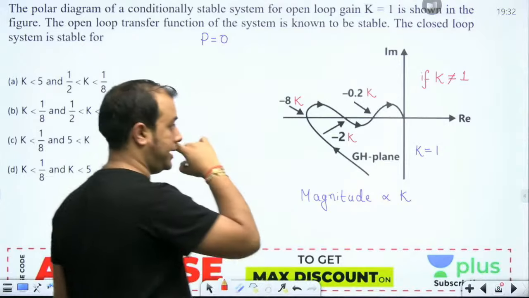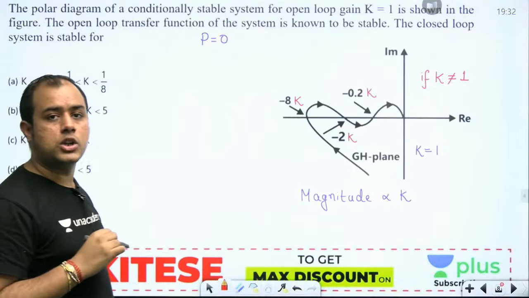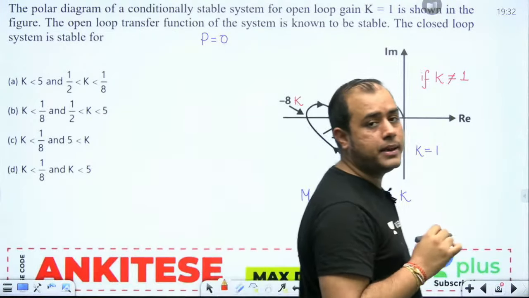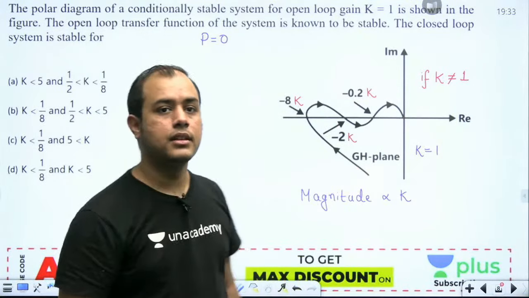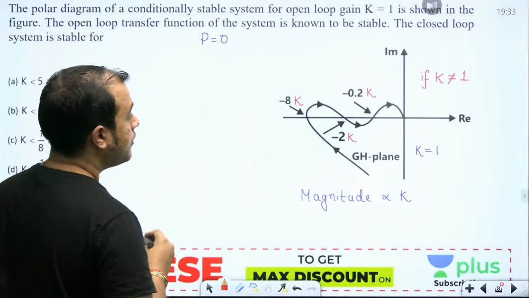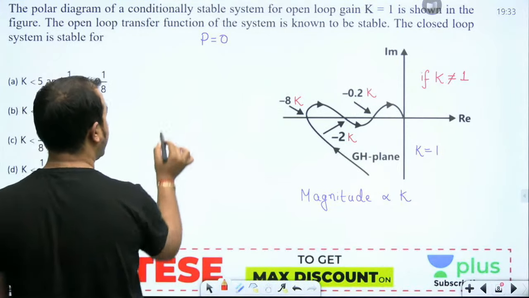Are you getting this point? If k is not equal to 1, all the magnitude will be multiplied by k. All will be multiplied by k. Okay. Now, what we have to see is that